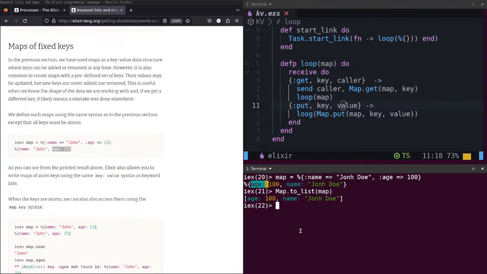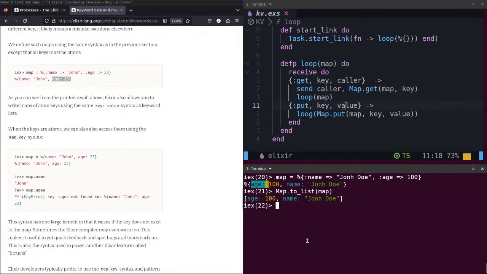When the keys are atoms, we can also access them using the map.key syntax. Oh, that's good.